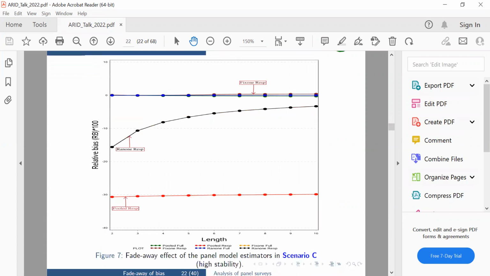ठीक है, हम further extreme scenario पे जाते हैं, scenario C पे, जिसमें हमारे पास model stability extreme है। For example scenario C जिसमें kappa की value 9.9 है, gamma की value 9.9 etc. So आप लोग देख रहे हैं OLS, pooled OLS से हम कोई expect नहीं कर रहे कि